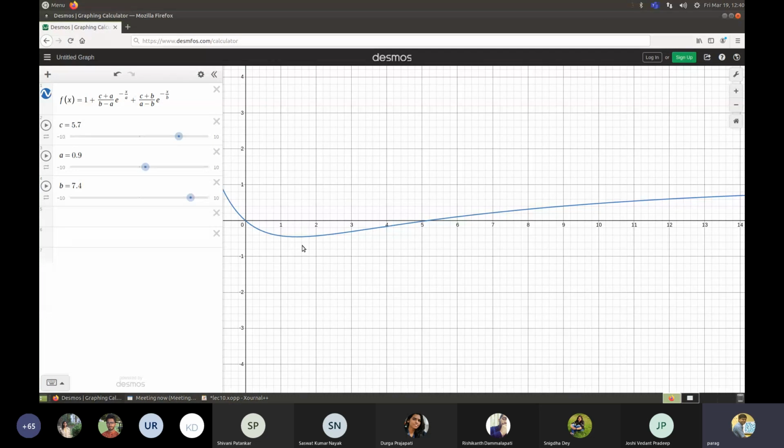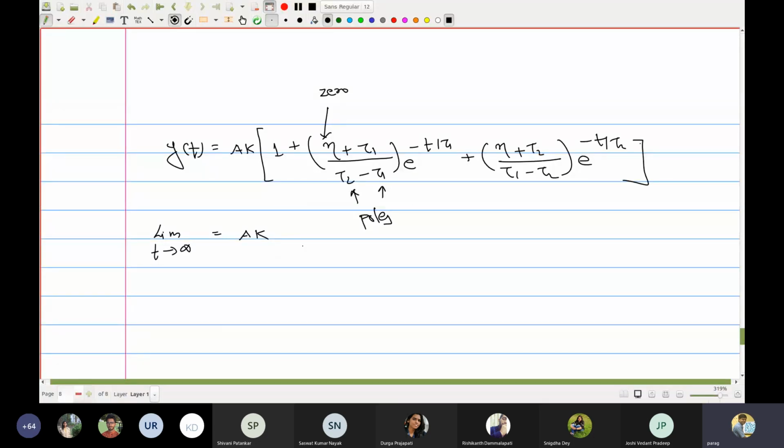Okay, so what do we conclude overall from this entire response? Before we conclude anything, we can also do one more thing. This is y of t, right? So y of t has an inversion in the slope, so it goes like this. So the slope inverts here. How will you determine the inversion of the slope? By determining the second derivative. So you determine the second derivative, from where you can determine the inversion. I leave this analytical exercise for you to do.